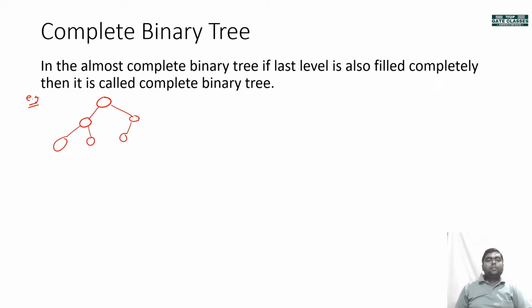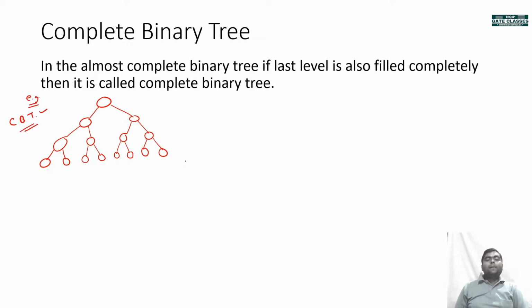So take these many nodes, and we are filling in a particular order, because at any level we are firstly filling that particular level entirely, then moving to the next level, and also following from left to right. So this is not complete, this is also not complete, almost complete, but now it is complete. So this is the example of a complete binary tree.